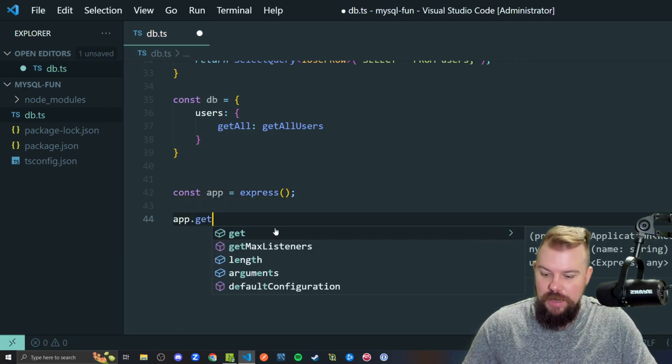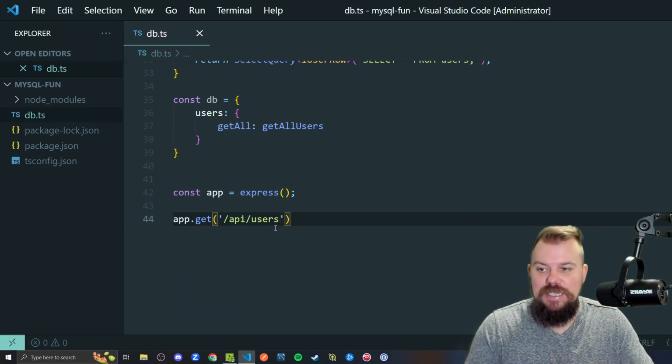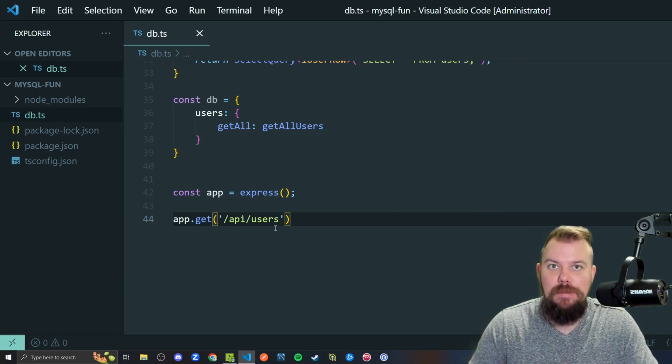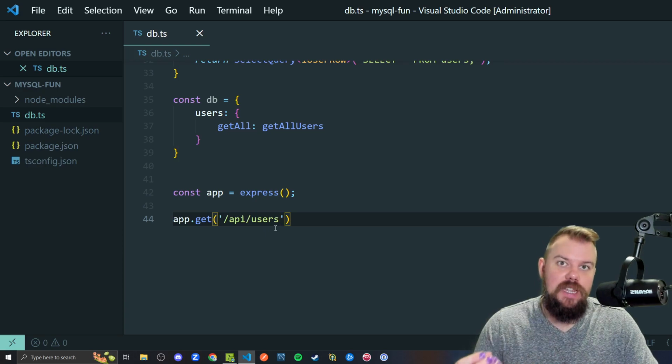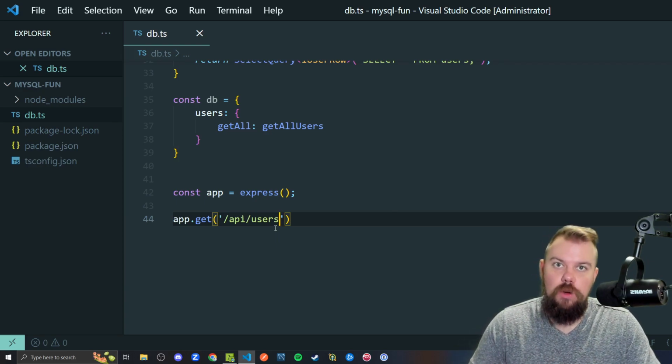I'll go ahead and write my get request to /api/users. That API prefix is not needed there. However, for new students, I do recommend that you add the API prefix to your API routes, because once you combine this with a front end, especially an SPA such as React, which is what our boilerplate does, you need to be aware of whether this is a client-side route that's meant for a web page to be viewing, or an API or server-side route that deals with CRUD operations: create, read, update, destroy,